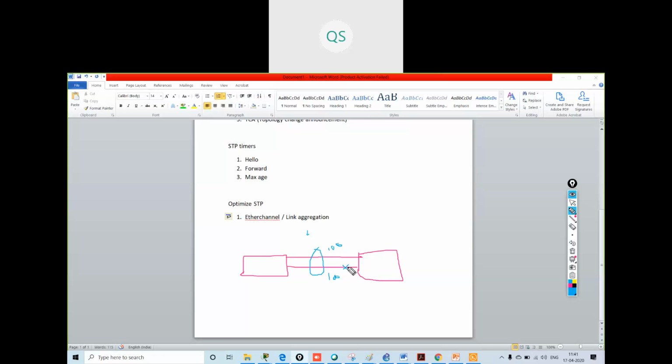So now this port will not be a blocking port. This will be one bundle, one logical link, and the speed of this link will now be combined and become 200 Mbps. Understood? So this is the use of EtherChannel.